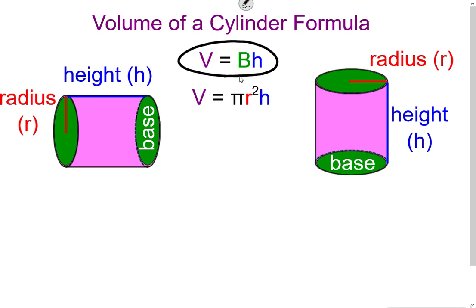Volume equals area of the base times the height. But then this one puts in the area of the base, which is a circle, the pi r squared. There's the area of the base. So those are the formulas, or formula, I'd like to think of, that we're going to use to help us